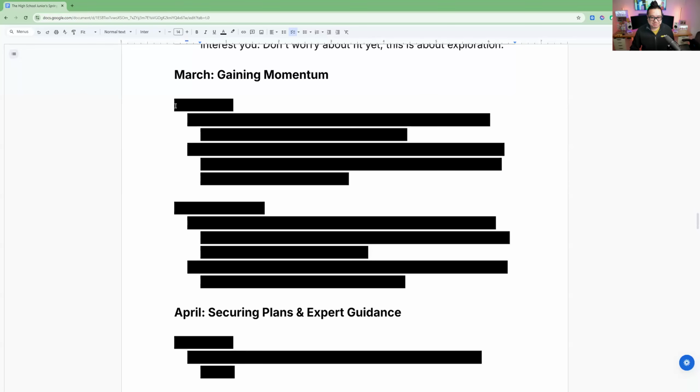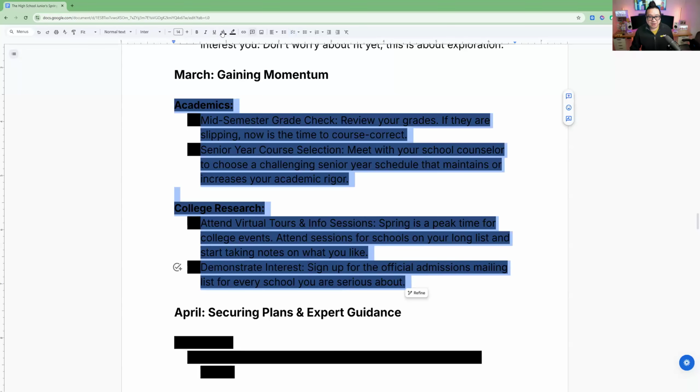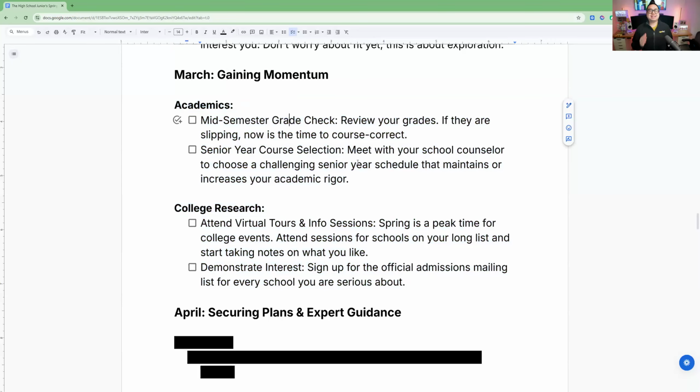Then we move on to March. March is the end of Q1. A few things here. First thing you want to do: this is the mid-semester point of your grades, so double check your grades. There's no surprise. You don't say, oh no, I randomly got a C. That doesn't happen. You saw your grades dipping all the way down, so you try to catch it. Mid-semester, the more frequently you check something, the better it's going to be. So that's the first one.